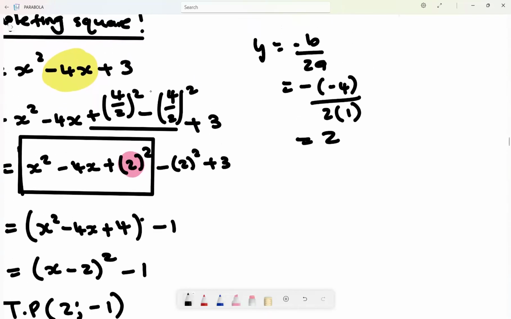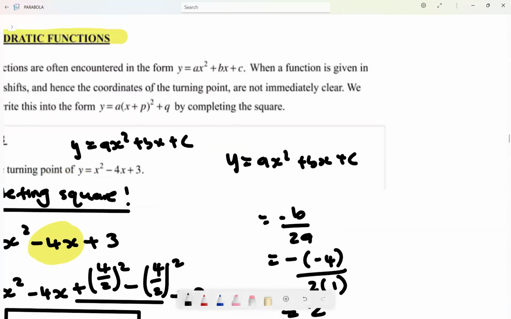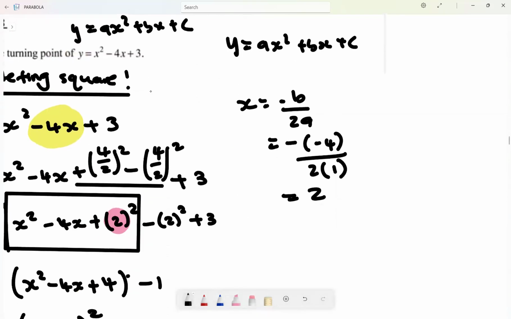Okay, sorry, x, not y, x. Then how do I get y? To get y, I'm going to say y is equal to, I'm going to substitute x as 2 in this equation. Then it's going to be 2 squared minus 4 into 2 plus 3. And then when you punch that on the calculator, it will give you something like